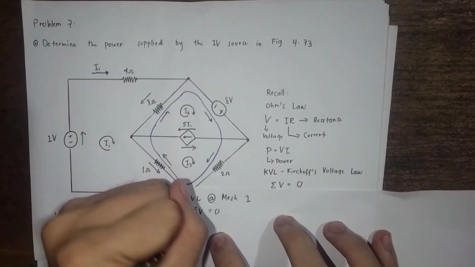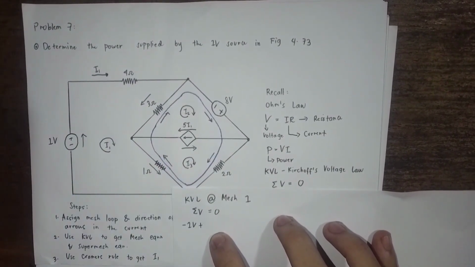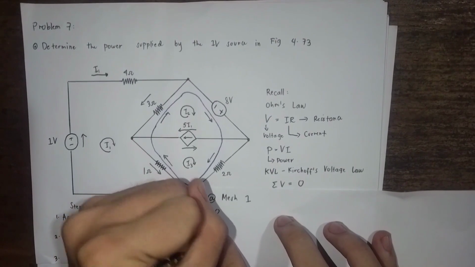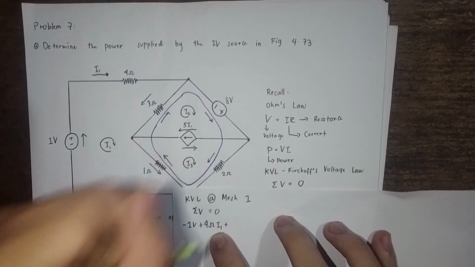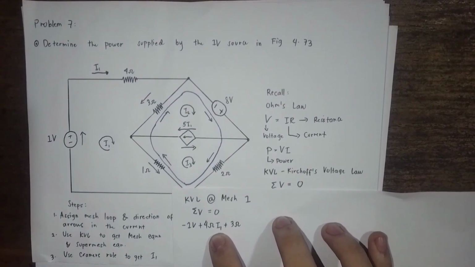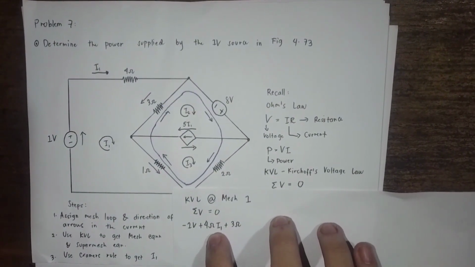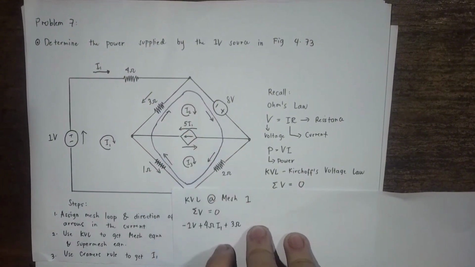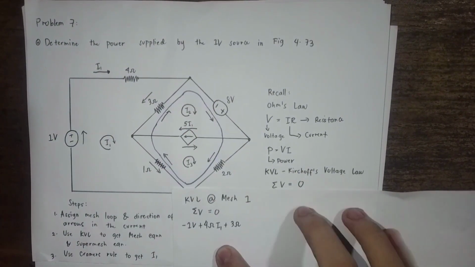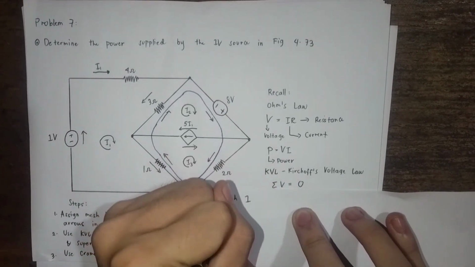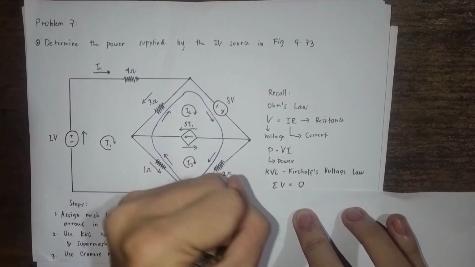The current passing through the 4 ohms is I1. Voltage is equal to IR, so 4 ohms times I1, plus 3 ohms. Notice that two currents pass through the 3 ohms, I1 and I2. But with respect to I1, I1 is positive, so I1 minus I2